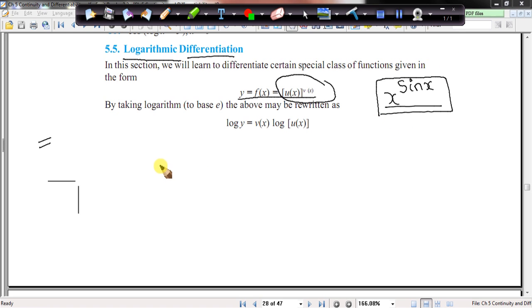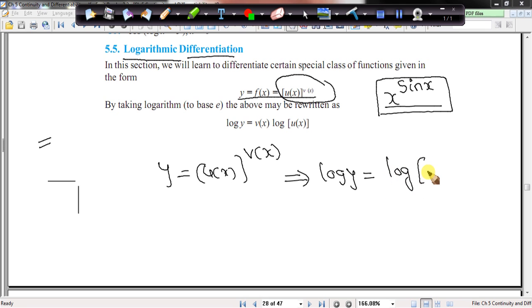So let y is equal to u of x power v of x. While solving using logarithmic differentiation, we take y is equal to u of x power v of x. The next step would be applying logarithm on both sides. Log y would be equal to log of u of x power v of x. So we know the power v of x comes to the front, so it becomes log y is equal to